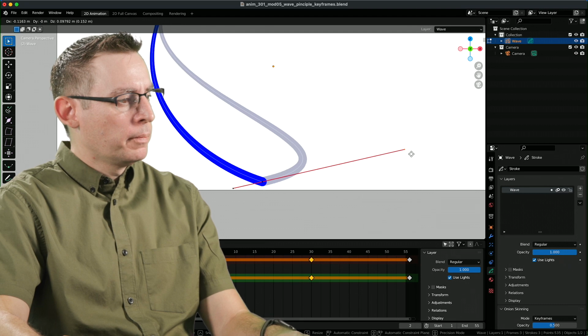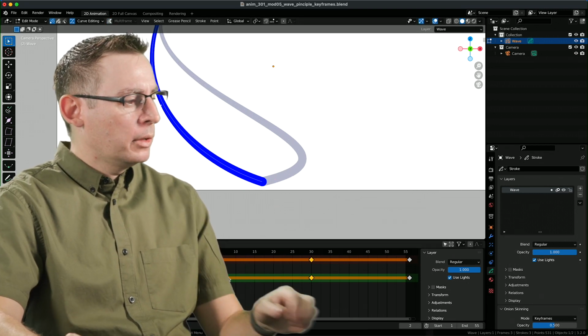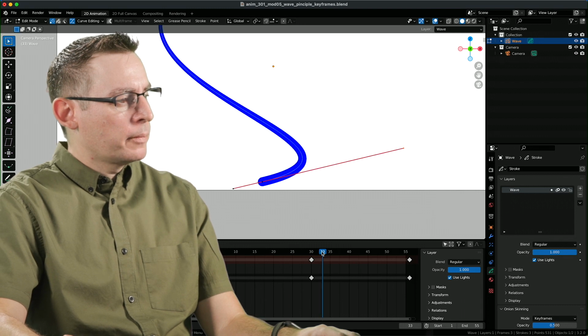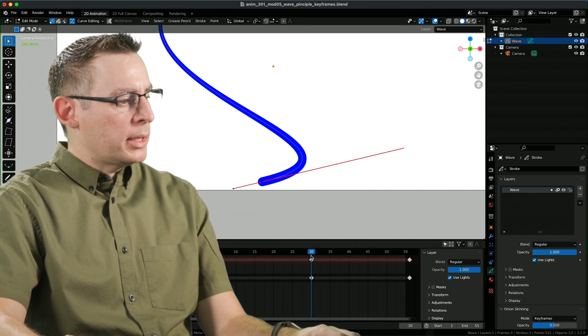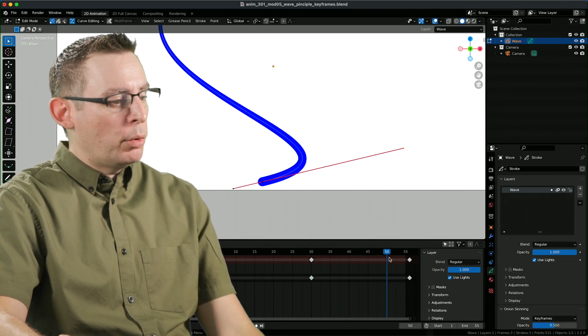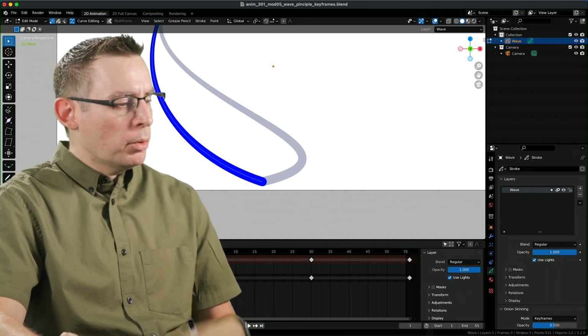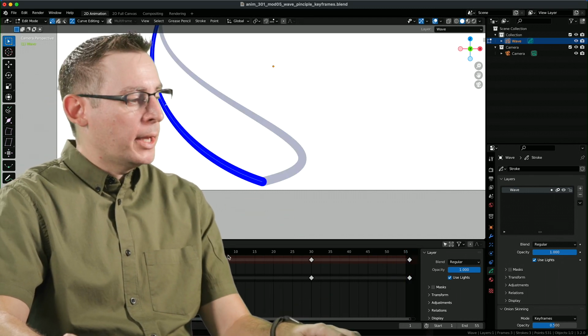Somewhere right around there looks pretty good. Yeah, let's turn multi-frame editing off and take a look at it. Now, again, I'm just looking at the base here. I'm not looking at the rest of the tail. Just trying to establish where that target's going to be, and then it's going to flow back to its original location at the end. There we go. I'm pretty happy with that. That's a good place to begin.